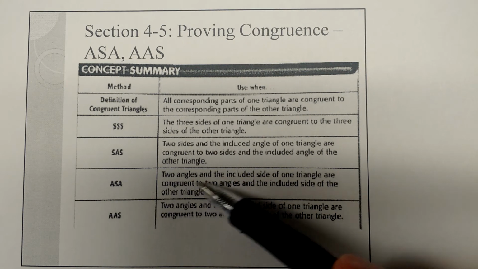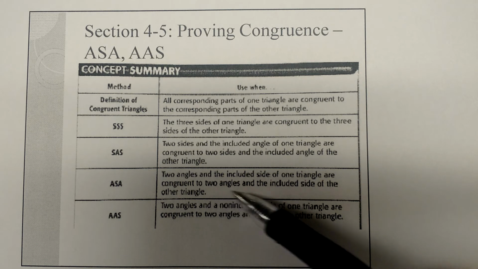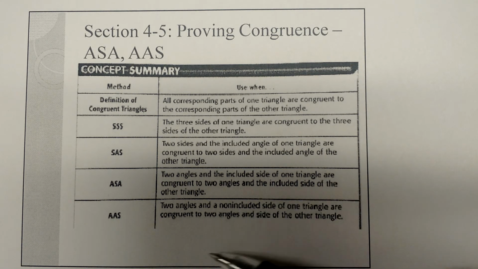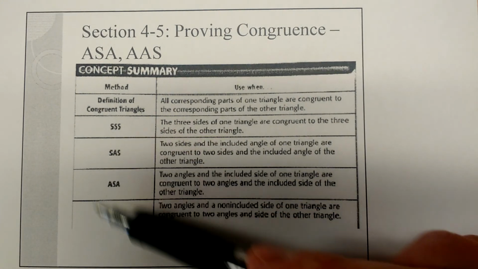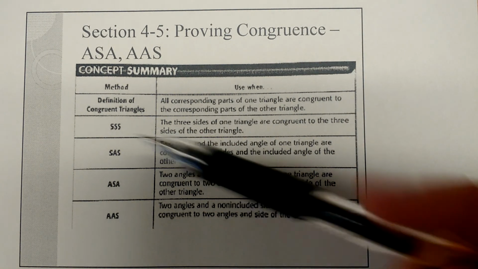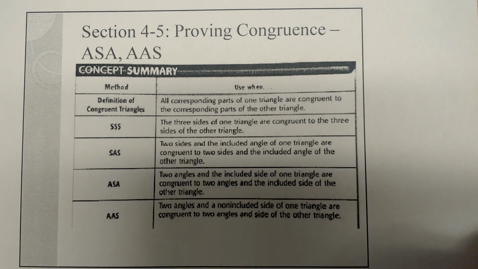Angle side angle, two angles and the included side, congruent to two angles and the included side. Angle angle side, two angles and a non-included side, congruent to two angles and a non-included side. So these are the four methods you can use to prove triangles congruent. Depending on the things that you know, that lets you pick which one of these you're going to use. If you know all three sides,